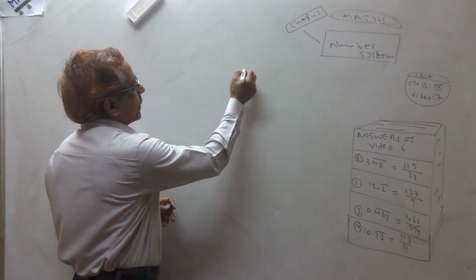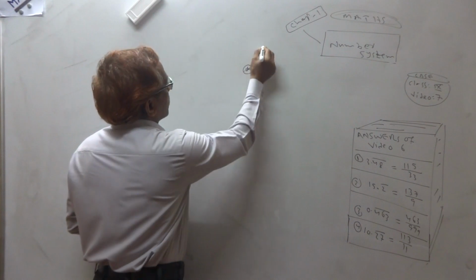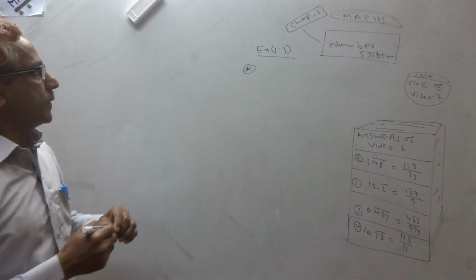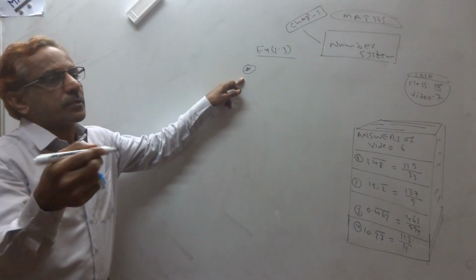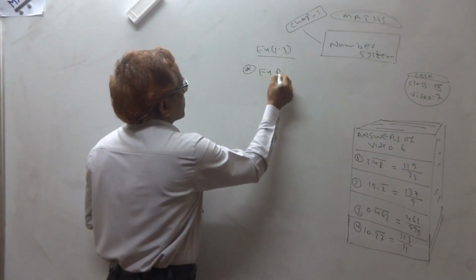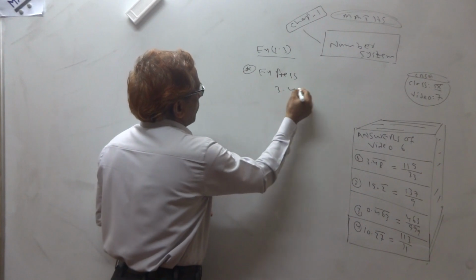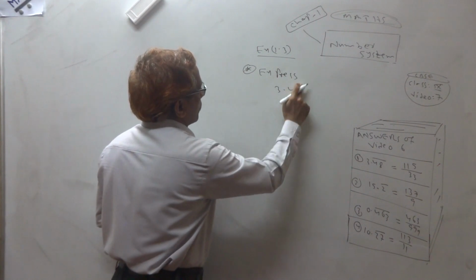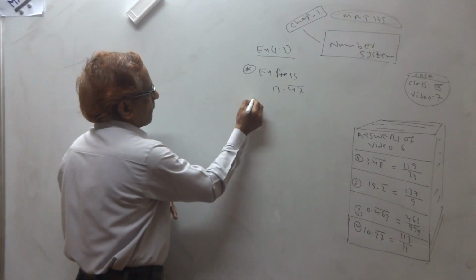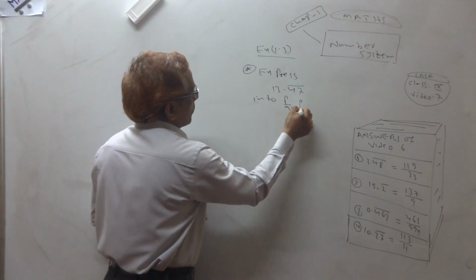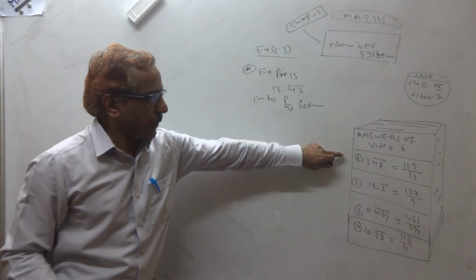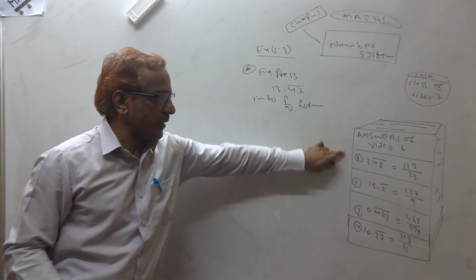Last video we were doing this type of questions. Actually, we are doing the third exercise of the first chapter and we were doing extra questions. This time, express 13.47 bar into P by Q form. See, this type of questions we were doing last class. So you got some homework questions. Please check your answers.